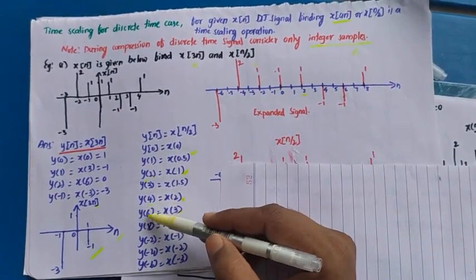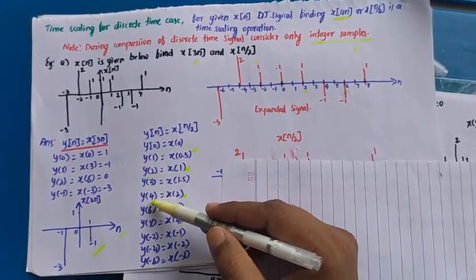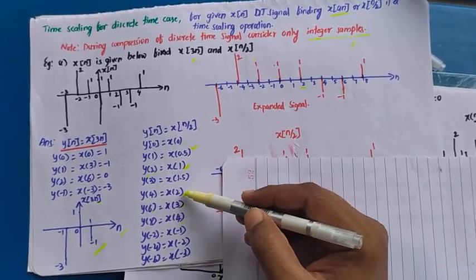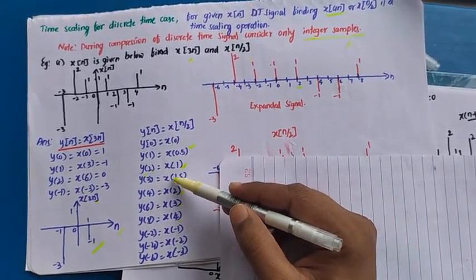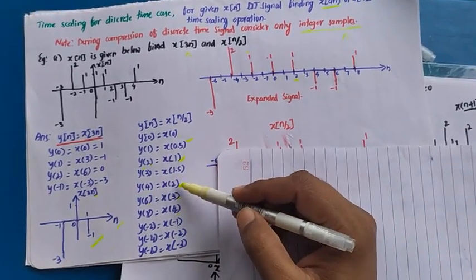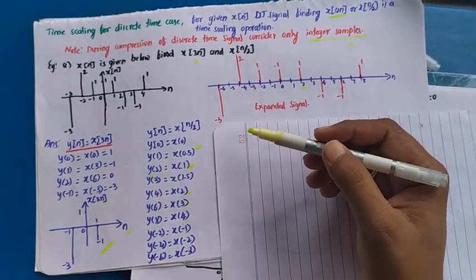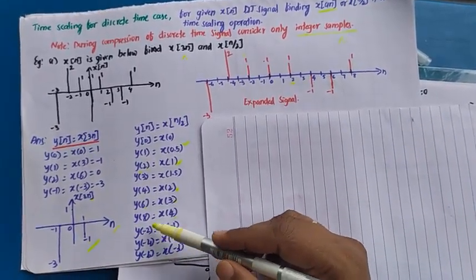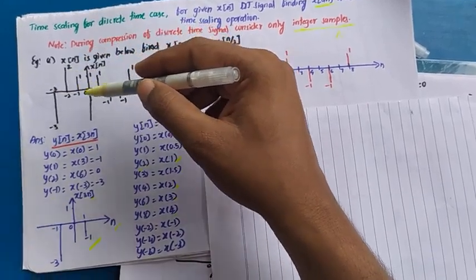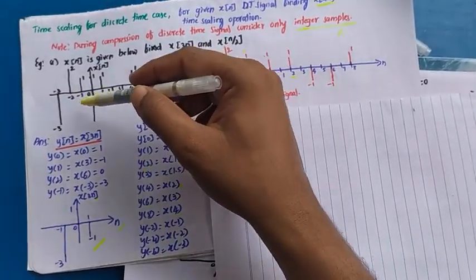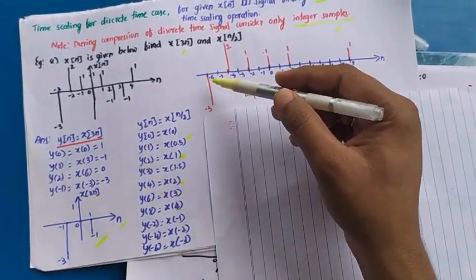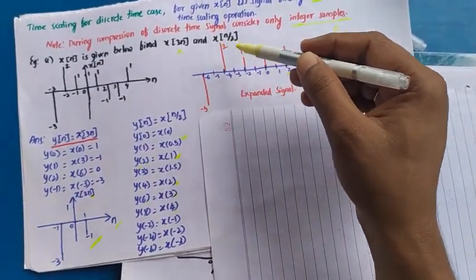So I am not considering the other values of y here, like what will y7 be, what will y5 be, because obviously we will be taking the rational number of x, so it doesn't matter here, you should not be taking those values. Similarly we have to see for the negative side, so x exists for -1, -2, -3, correspondingly we will be having y of -2, y of -4 and y of -6.